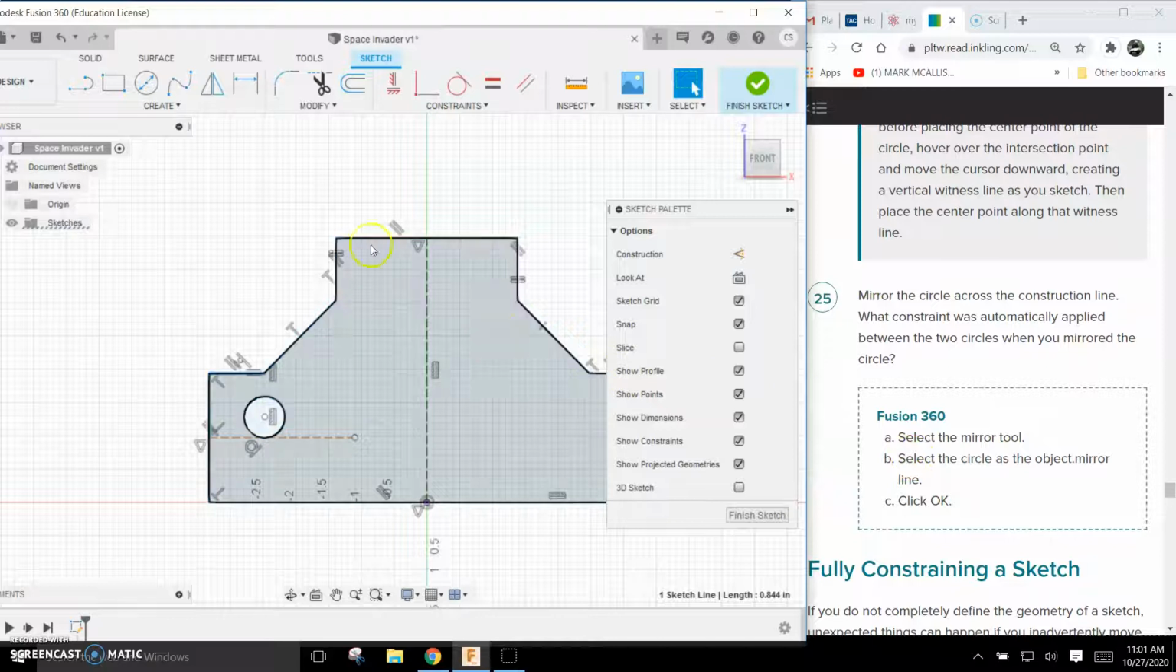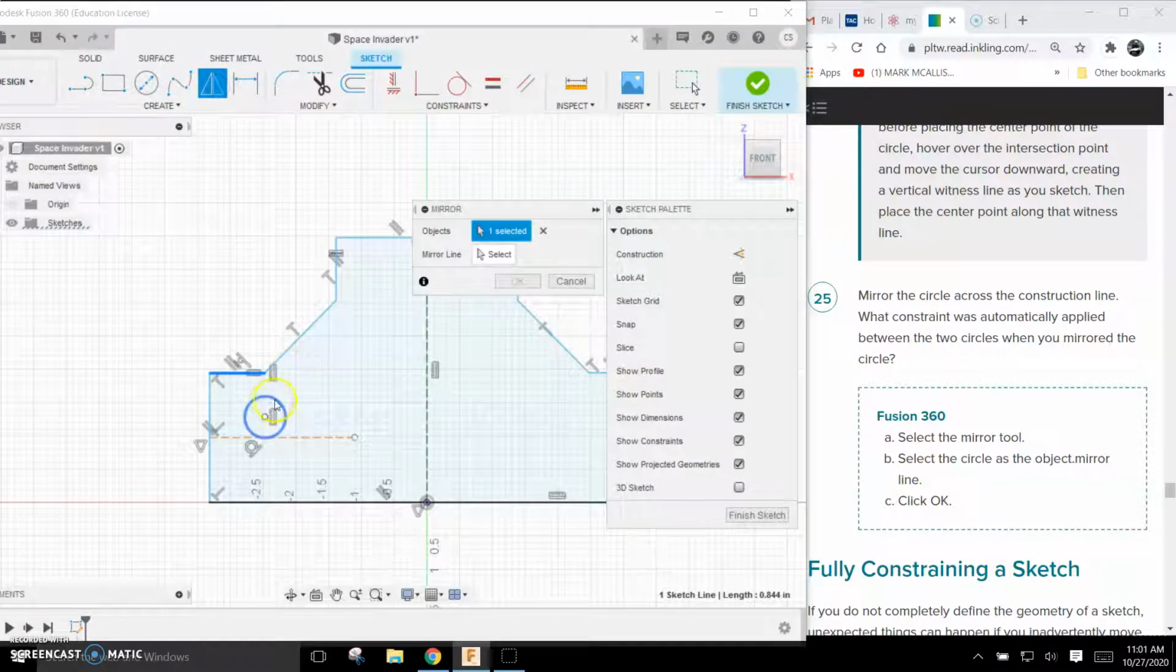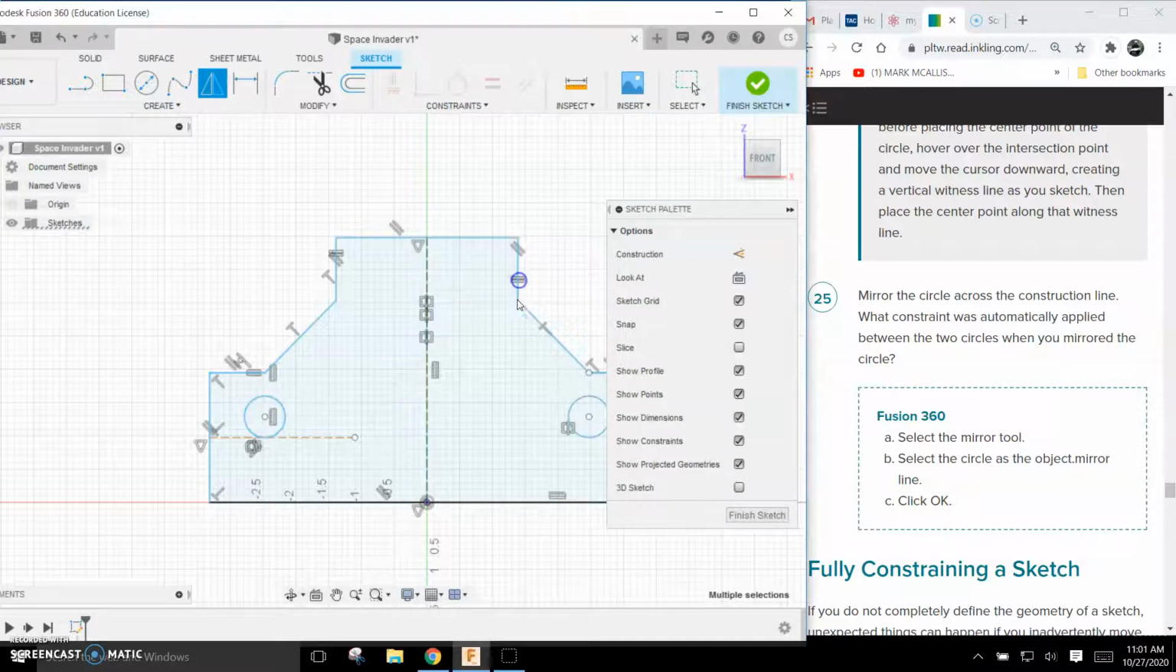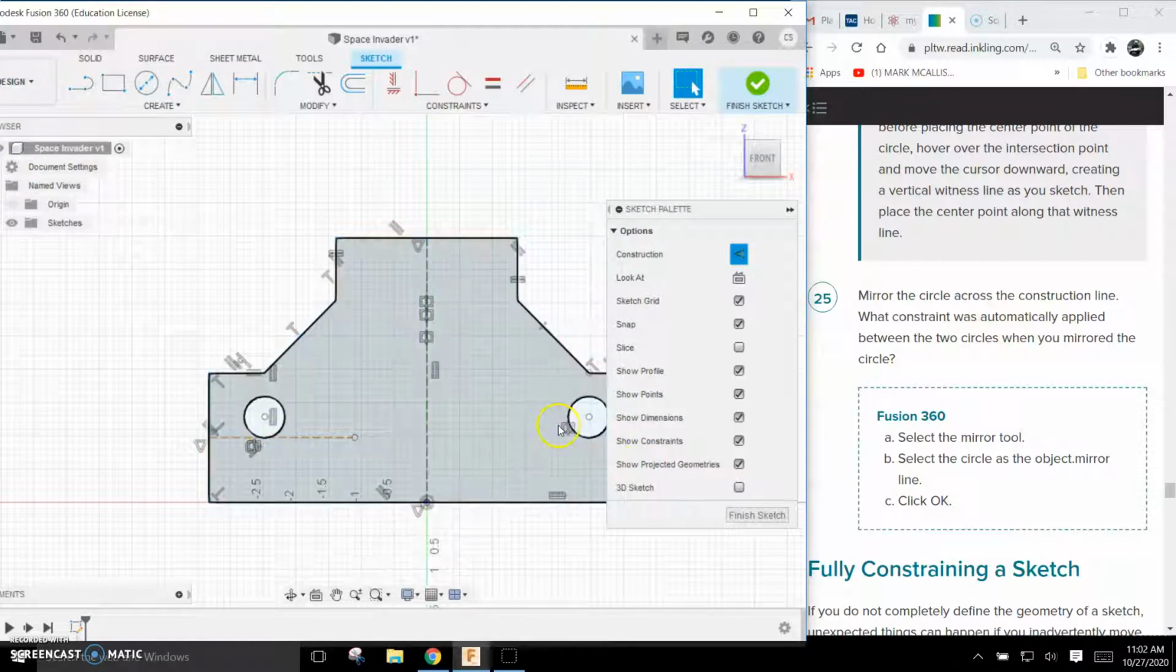Now I'm going to mirror that circle across. So I'm going to come up here and use the mirror function. I'm going to hit mirror. I'll select that circle and this mirror line right here and hit OK, and you can see what that does. So that's automatically going to be below that because of its bilateral symmetry. That's always going to be there. So what constraint was automatically applied between two circles when you mirrored the circle? That's just that, well, the same constraints are on this one essentially are on this one